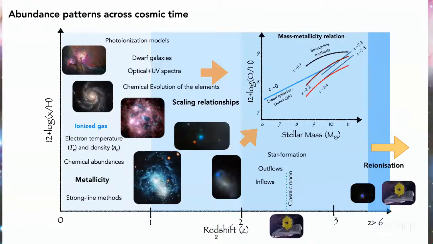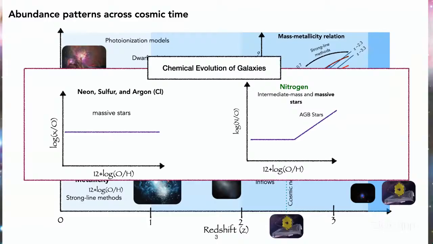However, we have another relationship that you will see throughout this talk. This is the relationship that tells us about the chemical evolution of galaxies. We have here this always as a relation with metallicity. I will show you later, but in the first part of this talk I will speak about these elements, and then I will focus on nitrogen, which has a unique nucleosynthesis.